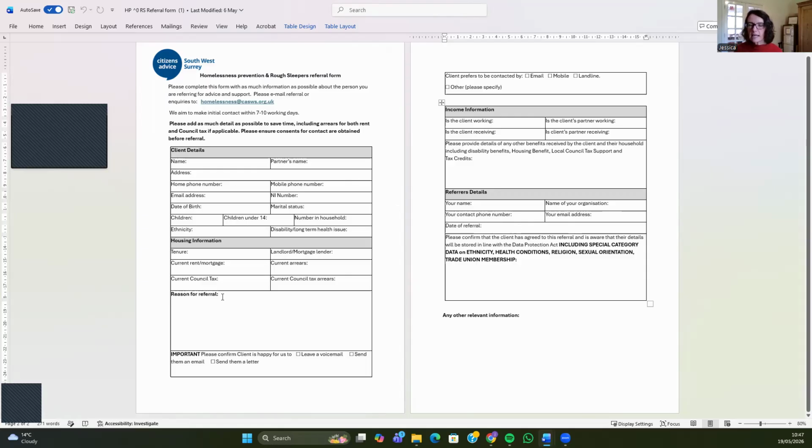And if there's anything in here that you can't get the information on from the clients at the time, once we've got the form in the office, we can follow up with the client to find that information out. It's always helpful with any referral to give any other information that you've not given here. But that's about it. The key things I wanted you to know about were the bits about tenure, so you know who they're renting from, and what the client's main source of income is, the client receiving. So I think that's it.